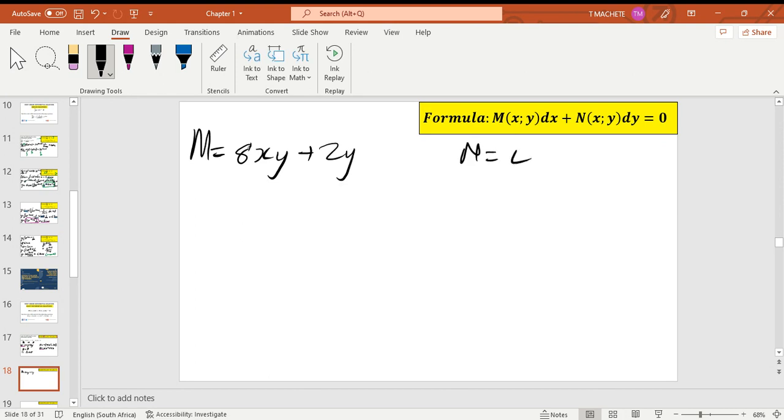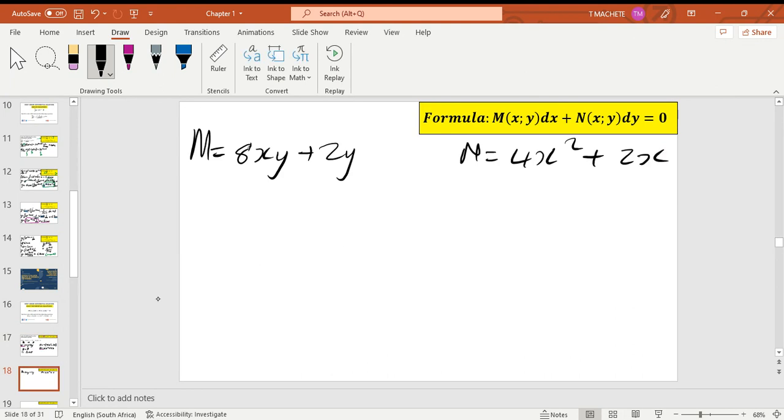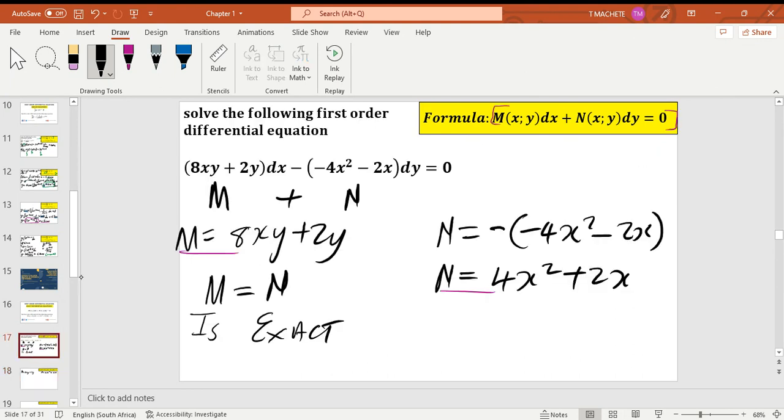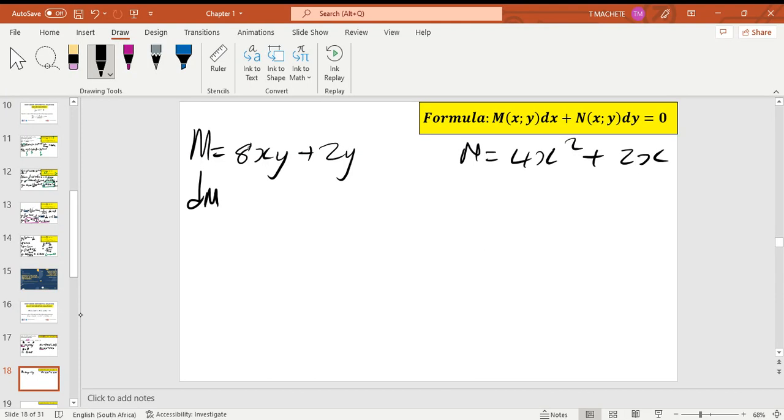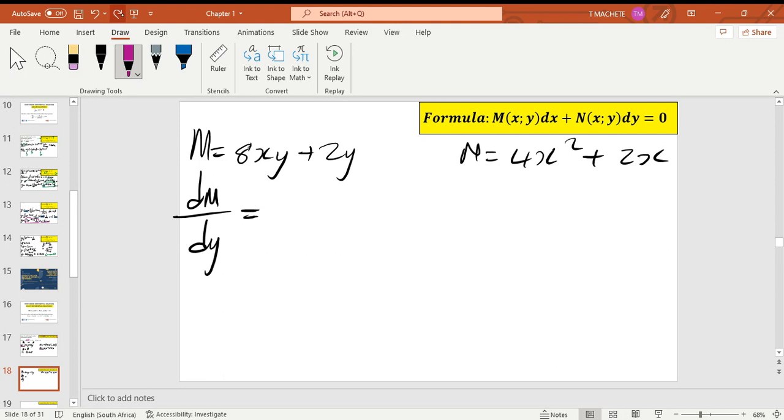And then your n is equal to 4x squared plus 2x. And then look at this, guys. If here you had dx for your m, to check that it's exact, you're gonna do the opposite when you differentiate. So since there you have dx, in this case you're gonna say dm over dy when you differentiate, because here you had dx, so you do the opposite of that. If you had dx, I repeat,